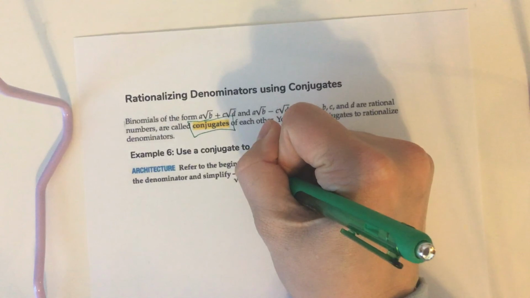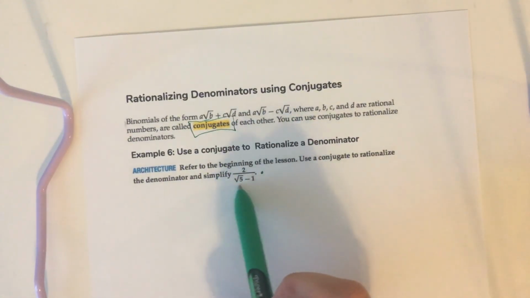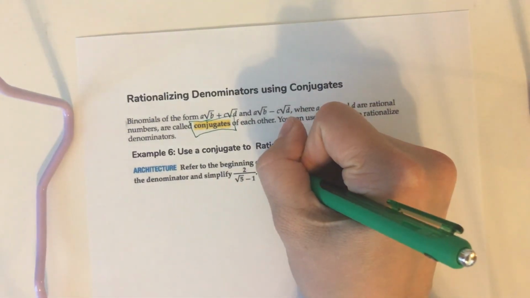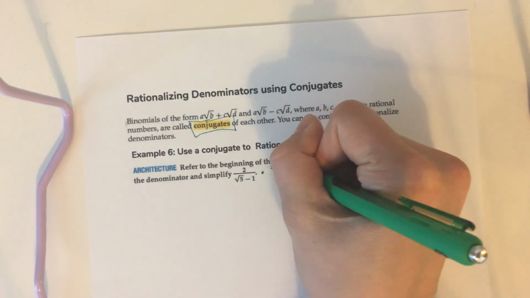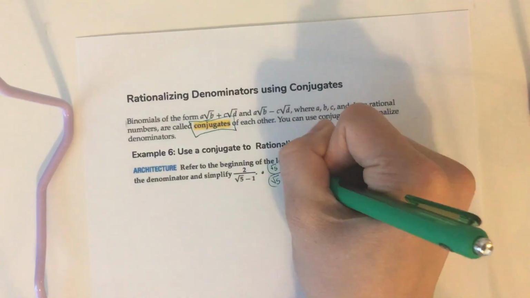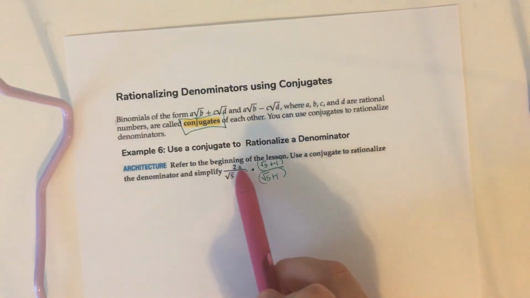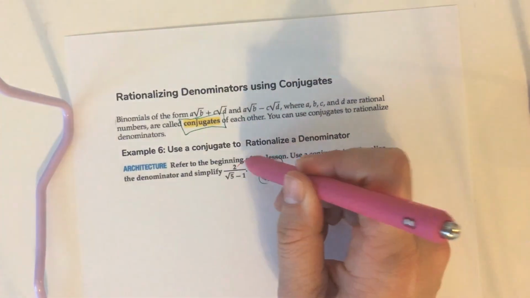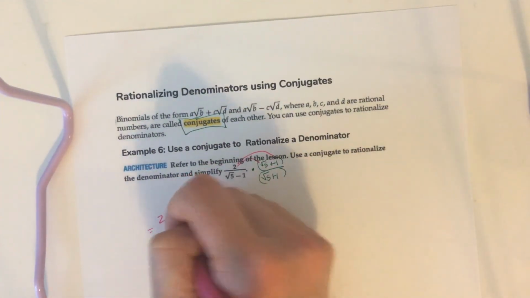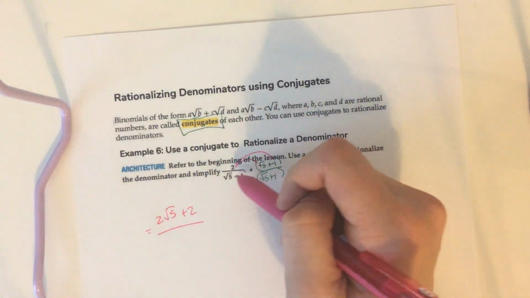So basically, I'm going to multiply this guy. I'm going to use rationalizing it, so I got to use the denominator here because I don't want this square root in the denominator, by square root of 5 plus 1 on the top and the square root of 5 plus 1 on the bottom. I like to put parentheses around it because it helps me remember, oh, I need to distribute this 2 to both of these to get 2 square root of 5 plus 2 over,